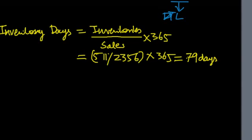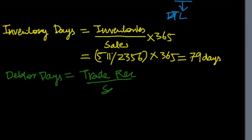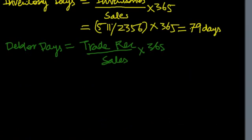So, we studied creditor days earlier, we studied inventory days just now, and the third item which can tell you how slow or fast a company is receiving money from its debtors is called the debtor days. And how do you calculate debtor days? The formula remains the same: trade receivables upon sales into 365, right? So in Opto's case, the number for trade receivables is 846 crore, which will be 846 crore divided by sales of 2356